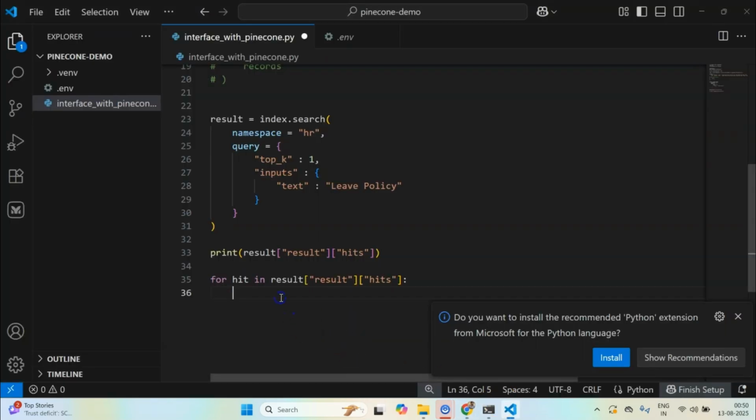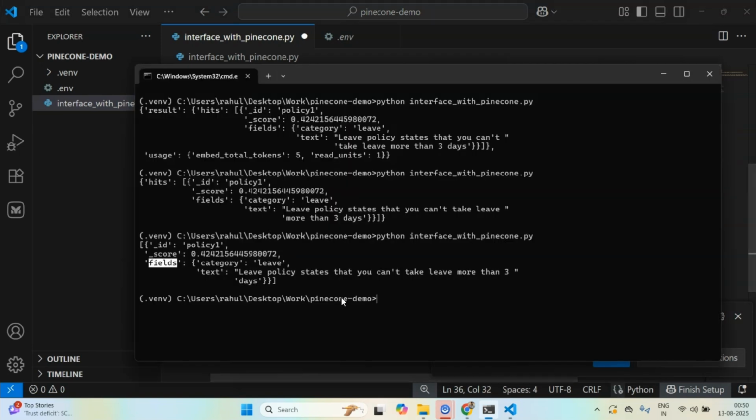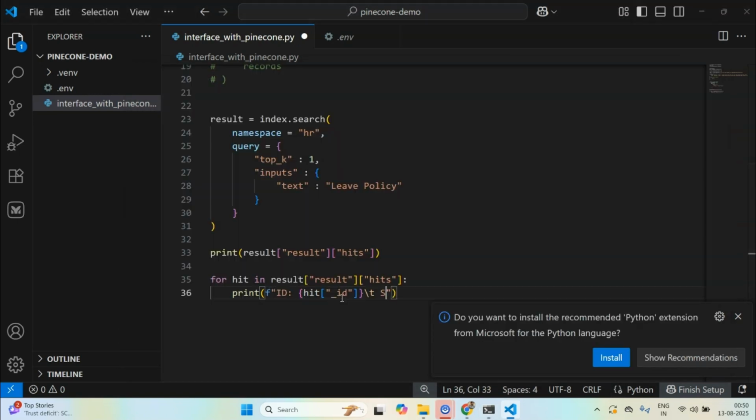So what I can do is a pretty print. Maybe I can do ID and then format, and I can take this hit and extract the ID from it. Then I can add a tab, or if you don't want, you can skip that, and then I can add a score, and again do something like hit score.